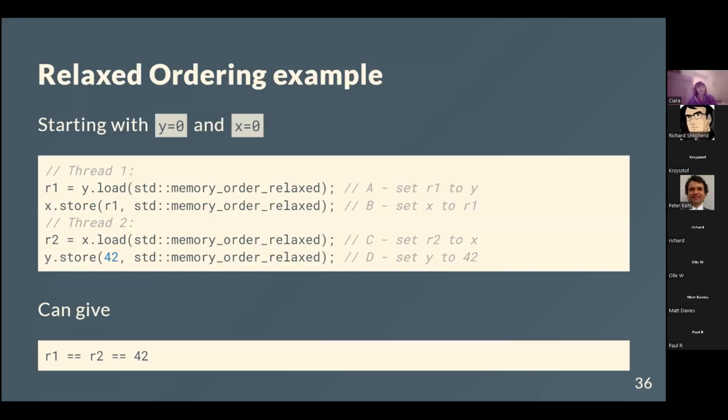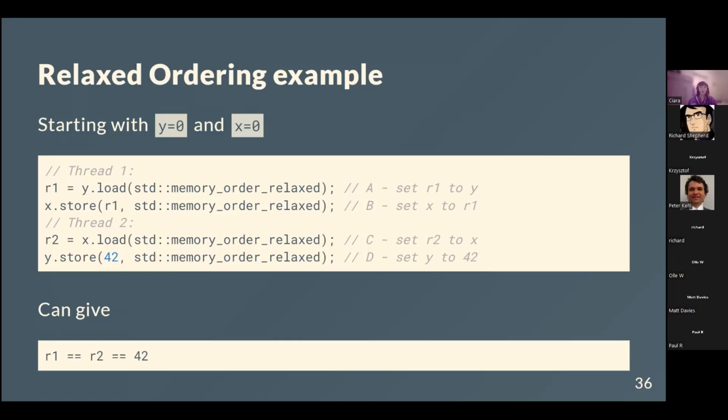As an example of relaxed ordering, I start with y equals 0 and x equals 0. This is very similar to the earlier example, but taken off of cppreference. I'm setting R1 to be the value of y, loading it in. Then I store into x the value of R1. And then on another thread, I set R2 to be x, and then set y to be 42. And somewhat surprisingly, although not surprisingly based on what we've already seen, R1 can equal R2, which can equal 42,